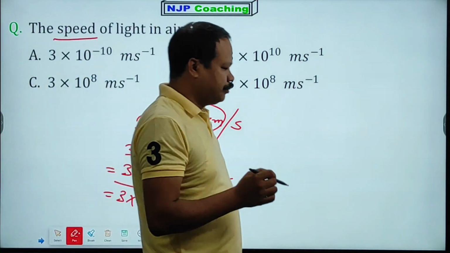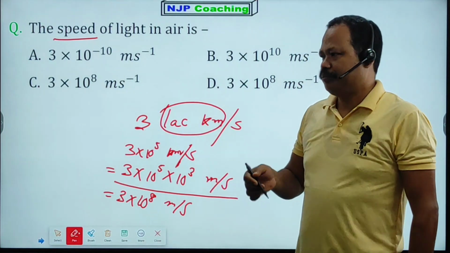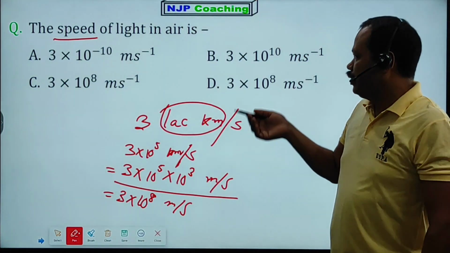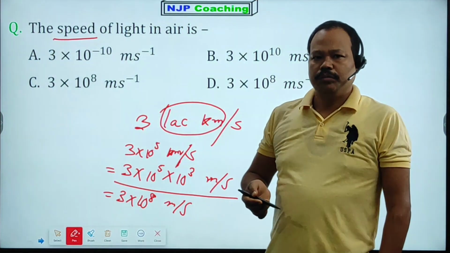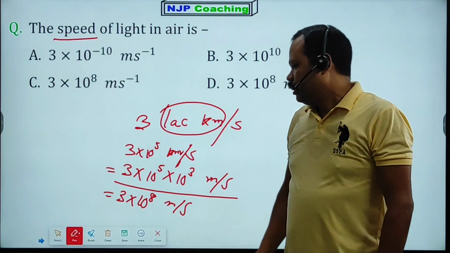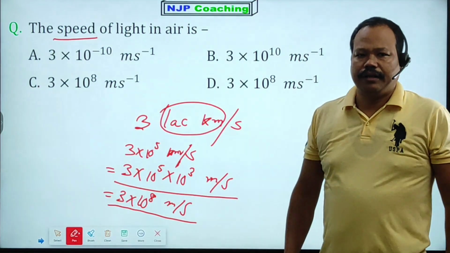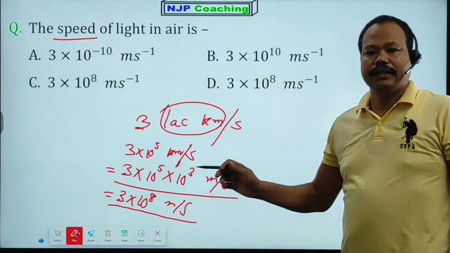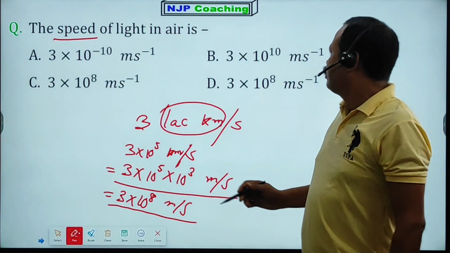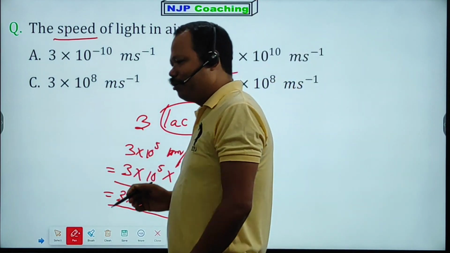So, light has a dual nature: particle nature and wave nature. So we call it a photon. A photon travels in 1 second 3 lakh kilometer, that means 3000 lakhs meter per second, 3 into 10 to the power 8 meter per second. This is the right answer. Do you know what is the distance